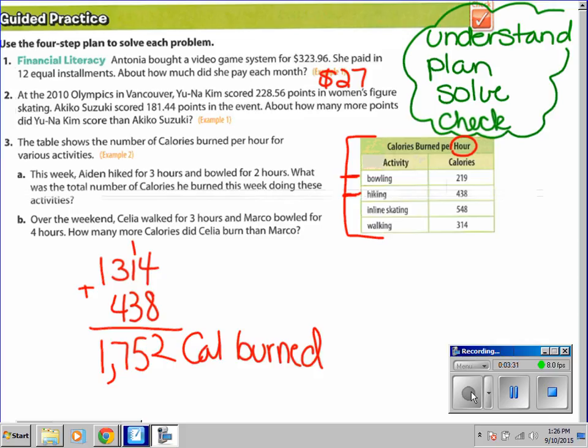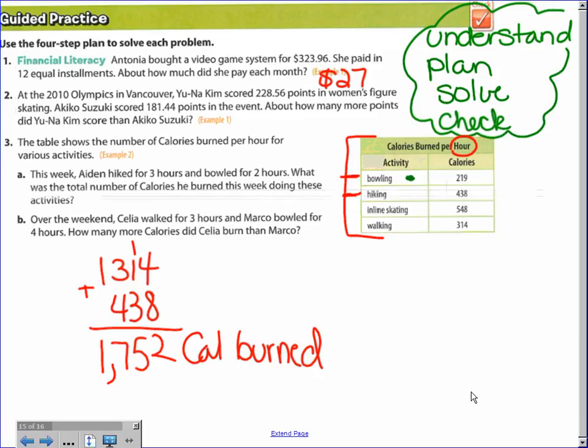Let's go on to B now. Again, over the weekend, Celia walked 3 hours. Marco bowled for 4 hours. How many more calories did Celia burn than Marco? Again, because they didn't do the same number of hours, you can't just subtract the bowling and the walking. You got to figure out how many total calories were burned, and then you can